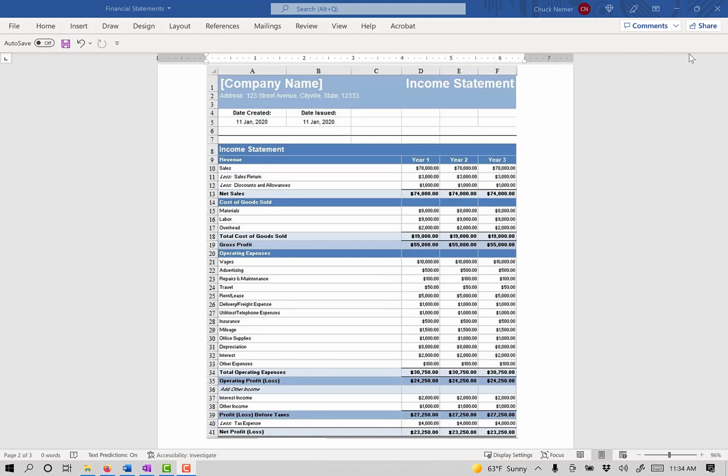For this video, we're going to look at the math of the income statement, one of the three main financial statements in a company. An income statement fundamentally looks at, for a period of time, did you make money or not? So it looks at revenue minus expenses, and is there a net profit or a net income at the